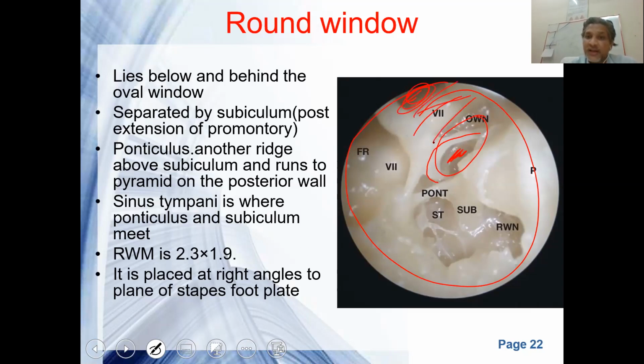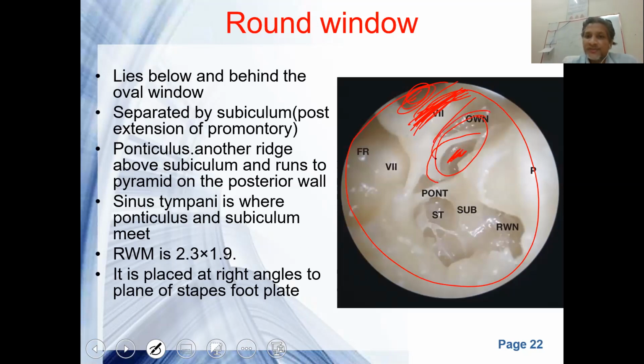So this white is a facial nerve. The facial nerve may lie dehiscent in many cases, especially in this area. You can see that this whitish structure is the facial nerve. Many a times, most of its course is in the bone through a canal which is called the fallopian canal. But many a times, particularly in this area, it may lie dehiscent in the middle ear or open in the middle ear, just covered by a mucosa.